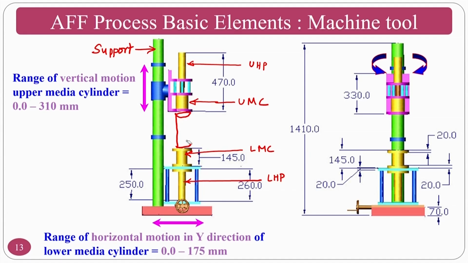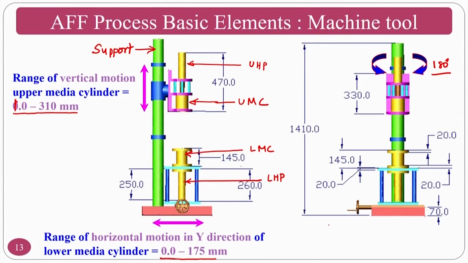But if you see the various motions of this one, the vertical motion is normally 1 to 310 mm. That means the maximum component you can hold easily is a 300 mm height component. At the same time, you can see the y axis and other axes motions, and you can also swivel this particular upper medium cylinder set to 180 degrees,